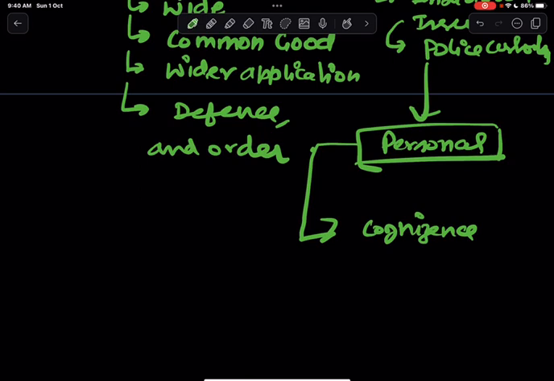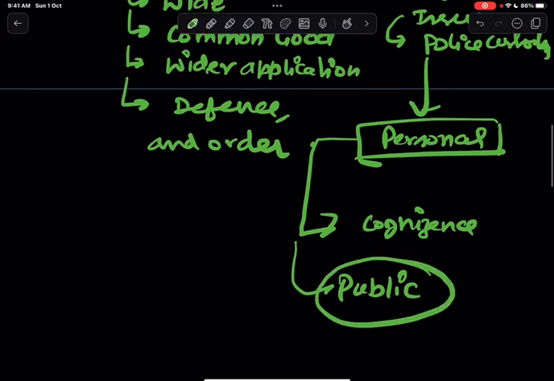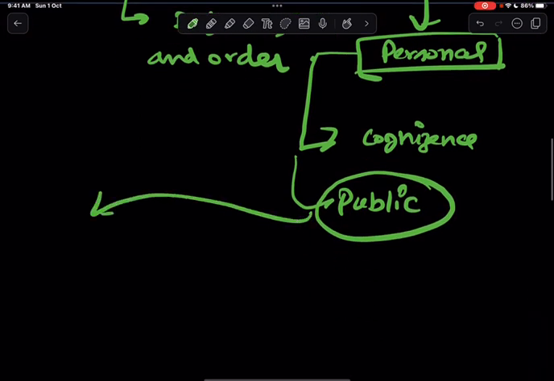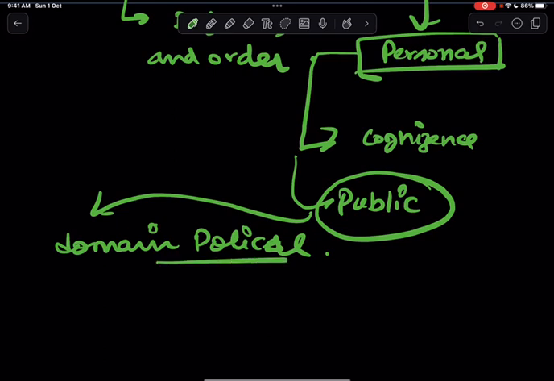let's say if police caught me and committed atrocities on me in police custody, probably I might get affected by it. So when this issue starts concerning the masses, and the masses become aware and start a movement, now it becomes a public issue. So you need to understand that when things become public, they fall under the domain of the political. And once it falls in the domain of the political, the politics starts over it.